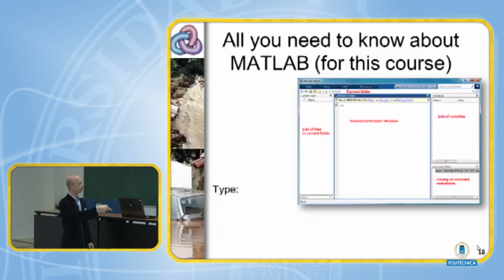If you start MATLAB, it will show you a command prompt area, a list of files in the current folder. If you start developing and programming things, you will see variables appearing and a history of executed commands. And at the top, you see where you are located in the operating system and the current folder. All the things,